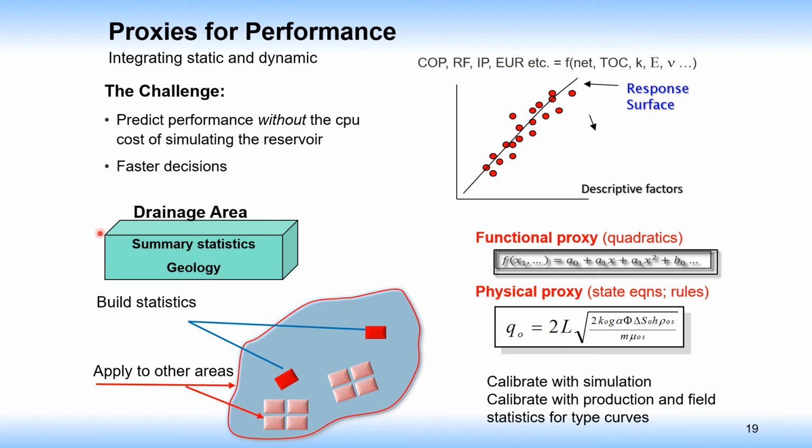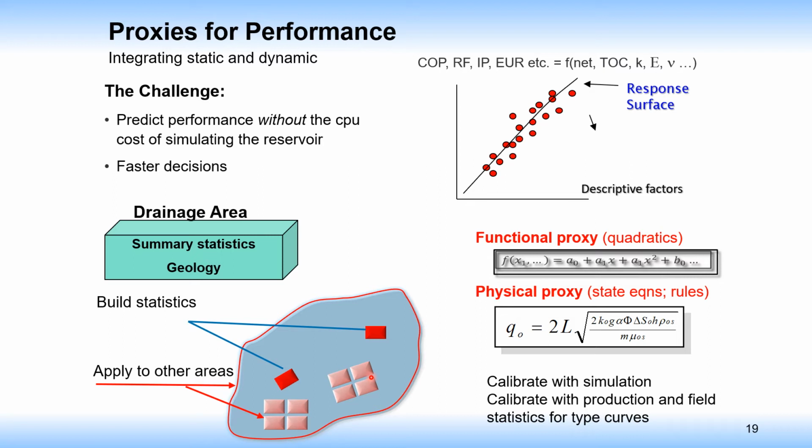And so we'll define some kind of drainage area. We come up with our multivariate statistics. We may have simulation or performance in local areas where we've done the heavy work. And then we take the dependent variables, the descriptive or independent descriptive factors. They're not always independent, but the descriptive factors for other drainage areas of interest, other potential